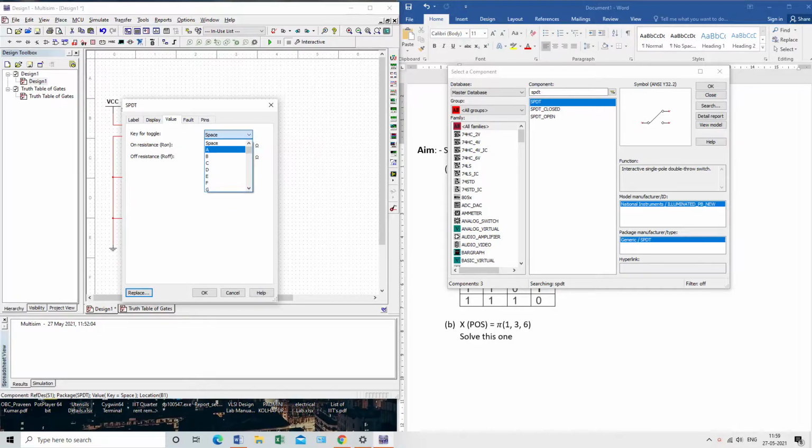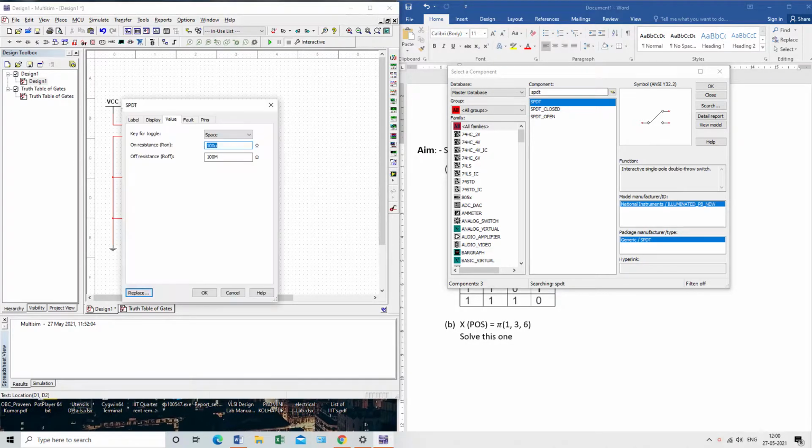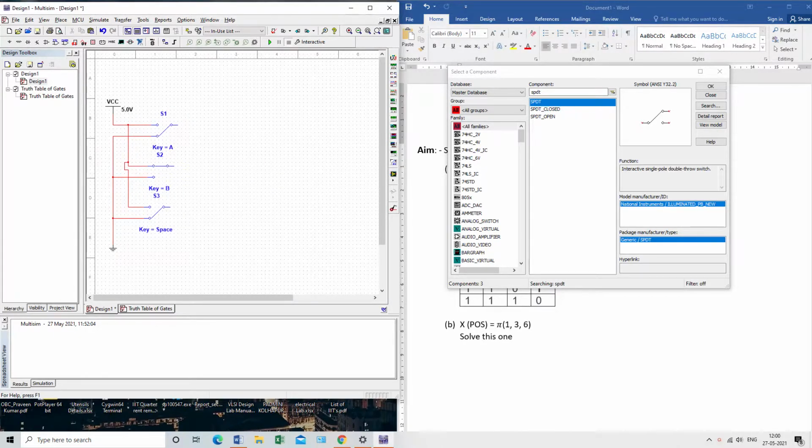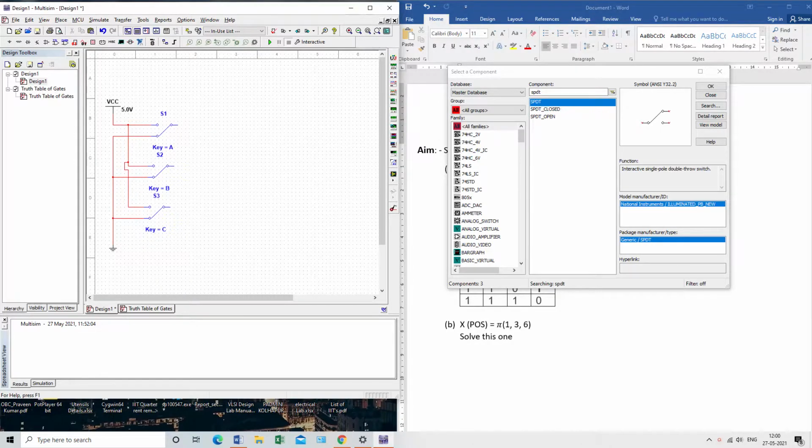Okay, so I will change it to A. I will just double click on this switch. Now this switch will be called A, and the A key on my keyboard will operate this switch, which means it will change this switch from ground to VCC or VCC to ground, vice versa. Now I will do the same thing for B, so I will use the B button to set this switch. Now I will give this as C. As you can see, this is S1, S2, S3, all three. So my input is done here.